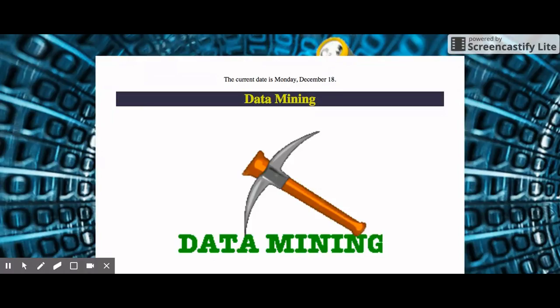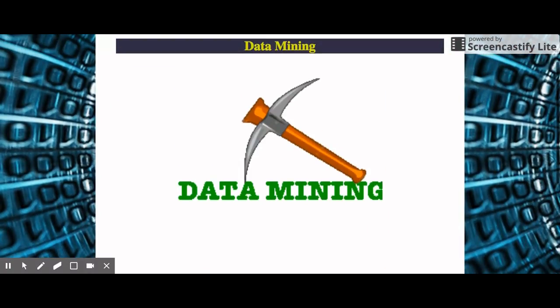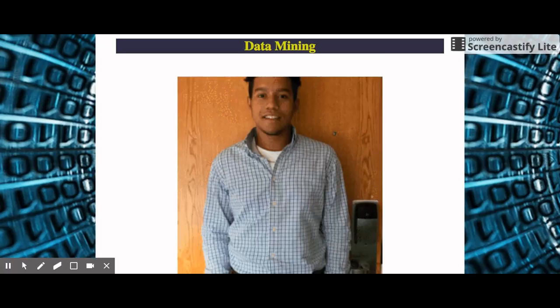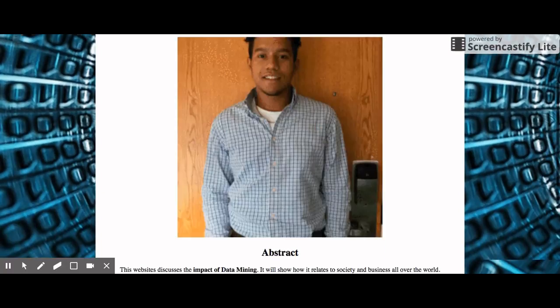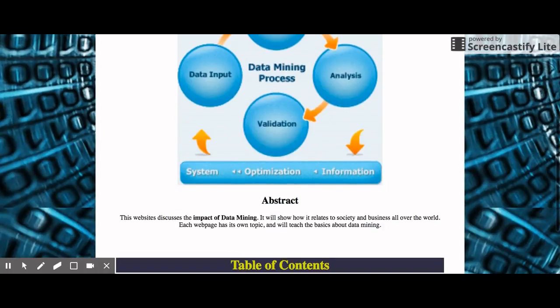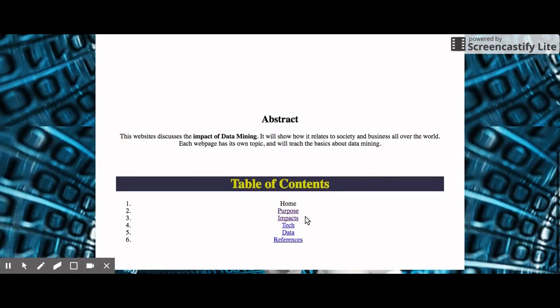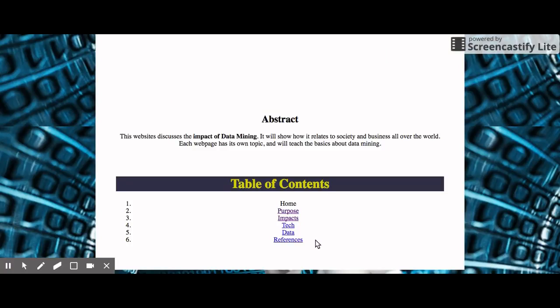Data mining. Data mining is not something that a lot of people know about. It's not too much of a common term or a common thing used, especially in our younger day and age. But this website is going to give you the basic understanding of what data mining is, how it is used, the purpose, the impacts, the relationship to technology, the relationship to data, and I'm going to show you the references